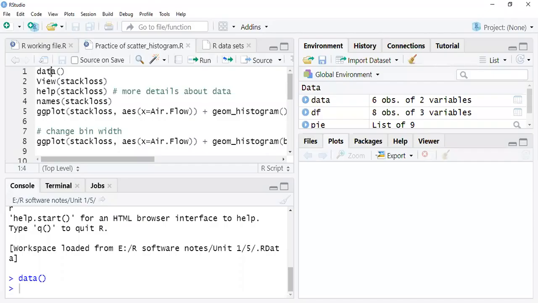So first one is data. Now, what was the question? Access the stack loss data from R. That means R has it built in. I hope you can see the RStudio screen, right?